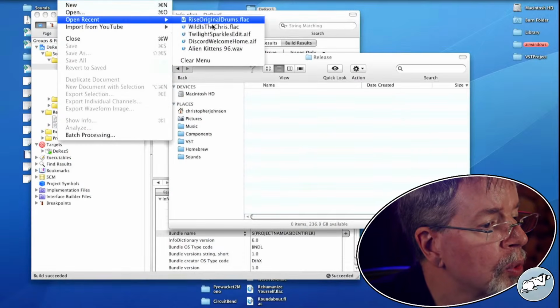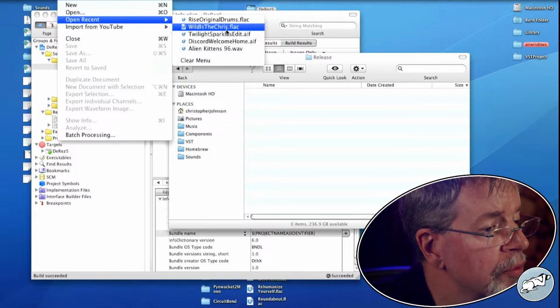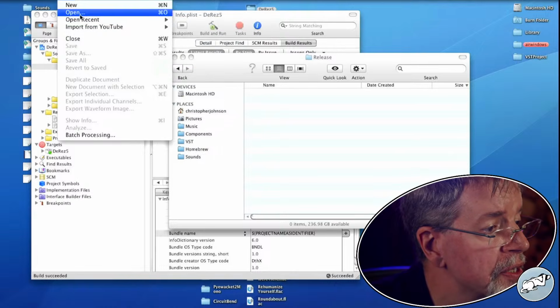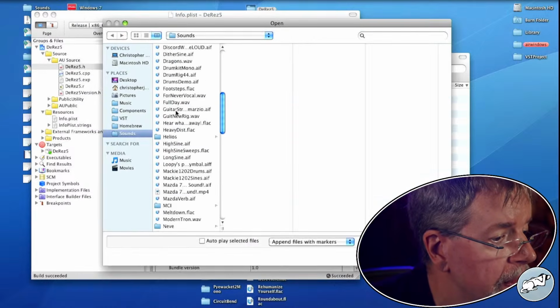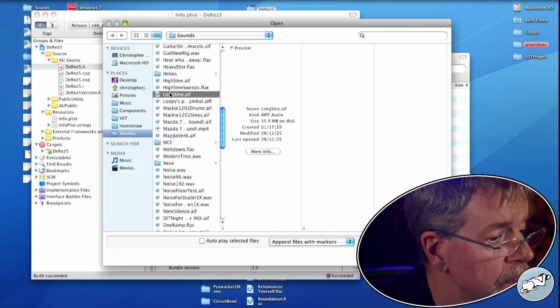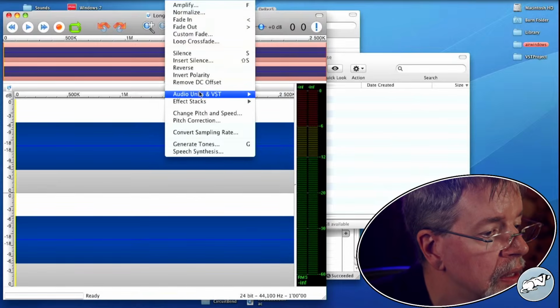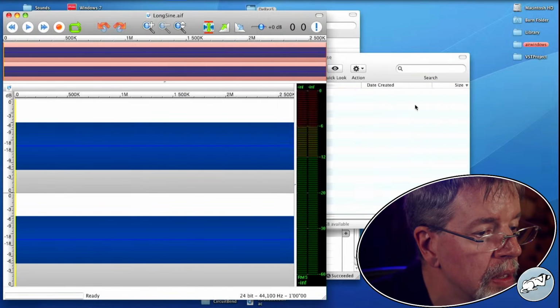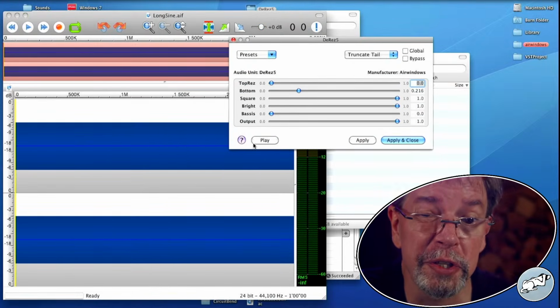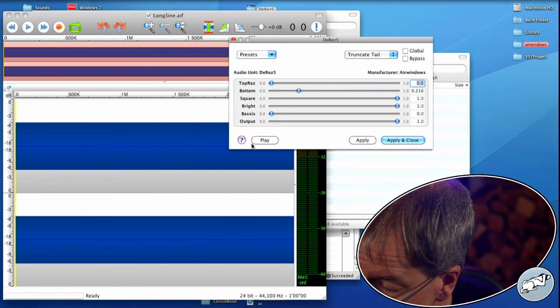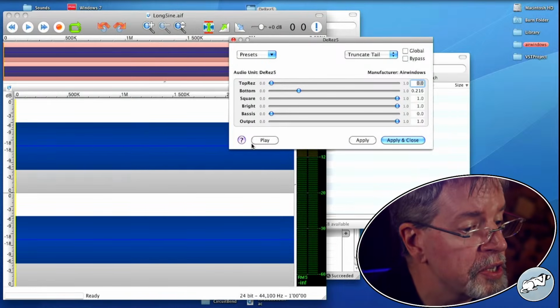Then one more crazy trick, which now I don't have in Open Recent, sadly, so I better go and find it. Long sine. So this is just a sine wave. Let me turn this down. It's going to be loud. This is just a sine wave.